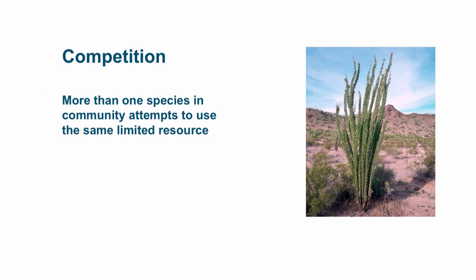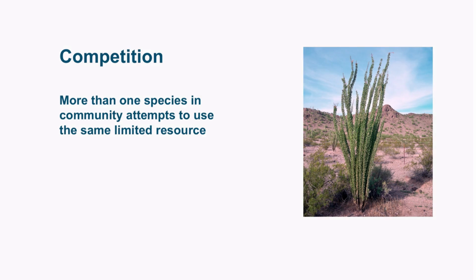Another important concept is competition. So this is when more than one species in a community attempts to use the same limited resource. So for instance, this ocotillo here is a type of cactus in the desert southwest of the United States, and it is competing for water with the other plants that are in the area. So we've got some creosote bushes, there's some other cacti here, and so competition is a very important topic in